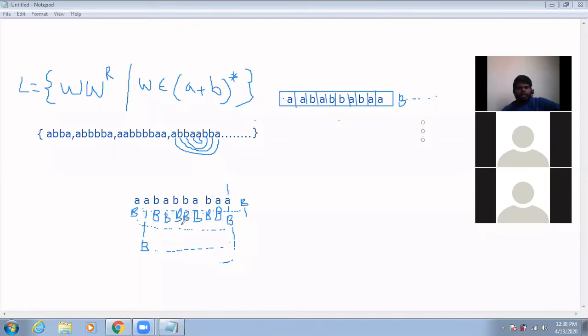Again, I will go to the last, left hand side, and I don't have any symbols. I encounter a blank directly. So for this blank, you can directly send to the final state. So this is what W W^R is. Don't worry. I'm just going to construct the Turing machine. So see that logic. This is the logic, simply.